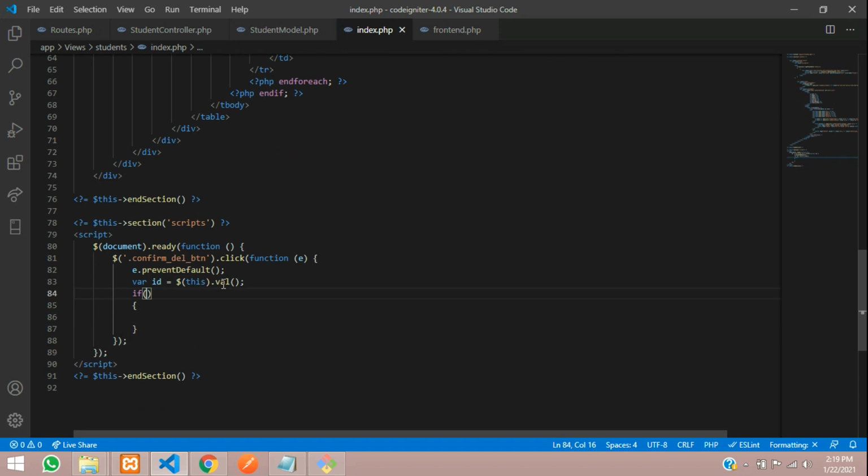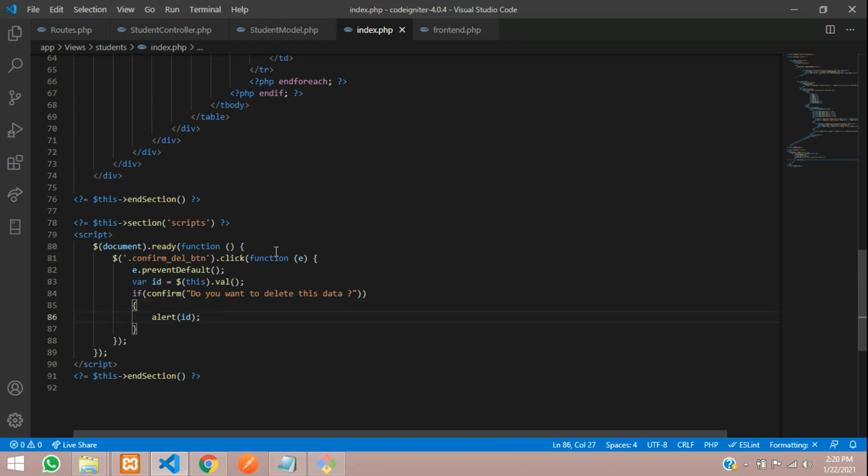Inside this, give double quotes and type, do you want to delete this data? Give a question mark. Save, and if you say okay, then we will print the ID. This ID we are going to print.